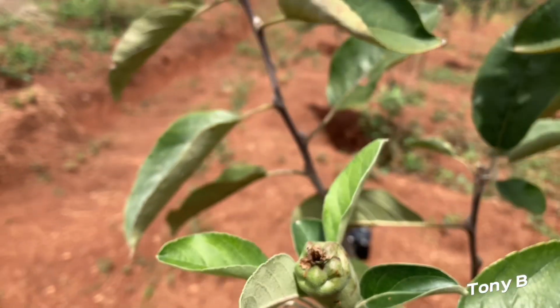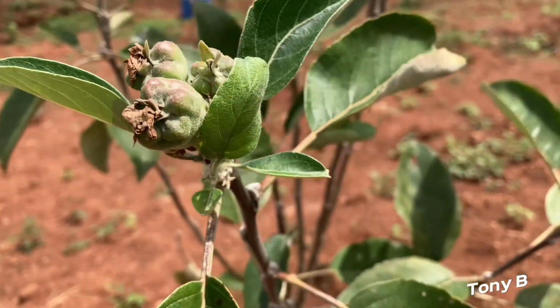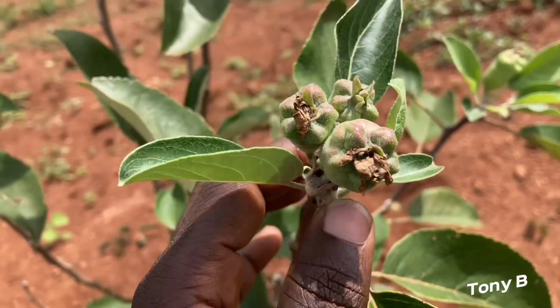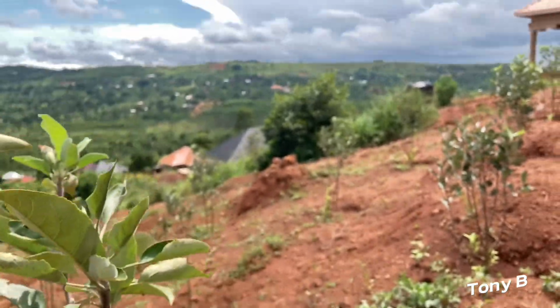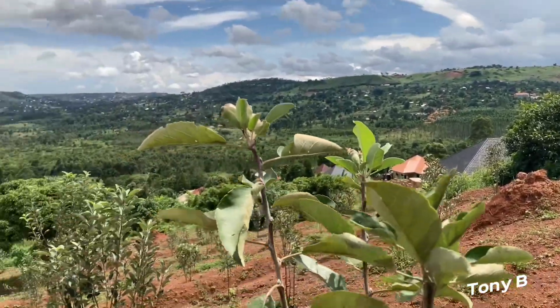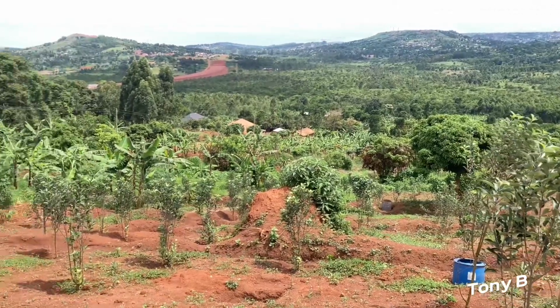Exactly. Now these are Wambugu apples, as we can see them right here. This is in Uganda, a beautiful country as you can see it. Uganda, East Africa. Yes,